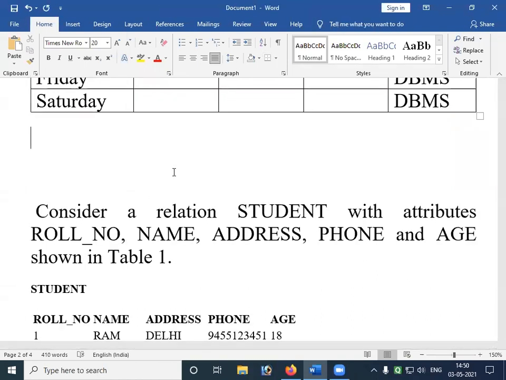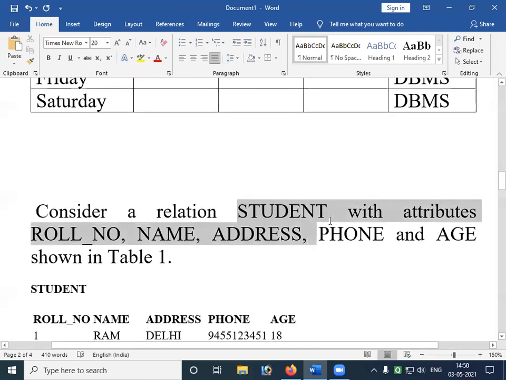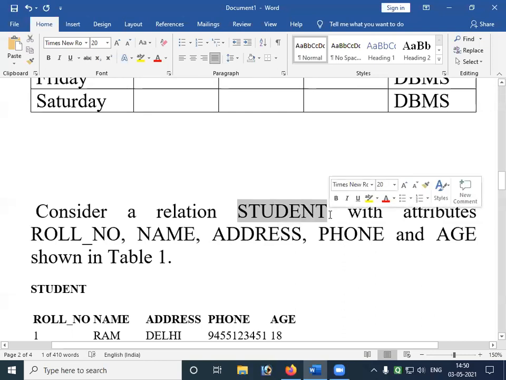Right, anyhow, let us now go to some terminologies. Consider a relation called student. Our relation name is student, with attributes, with properties. The properties that define a relation are called attributes.